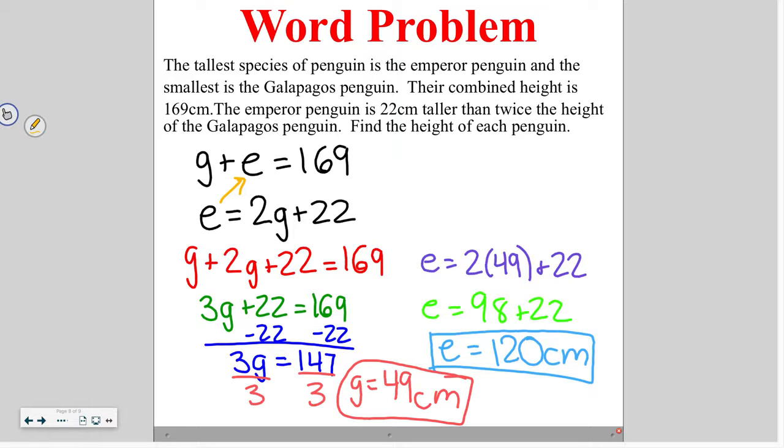After we finish off, we should probably write our final sentence, which is emperor is 120 centimeters tall and Galapagos is 49 centimeters